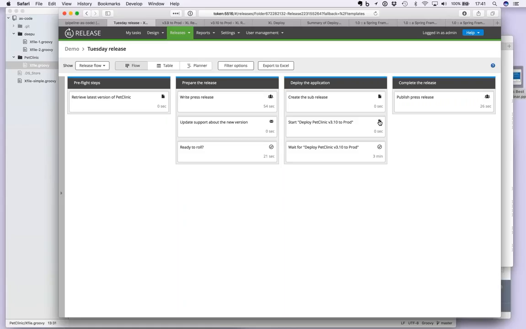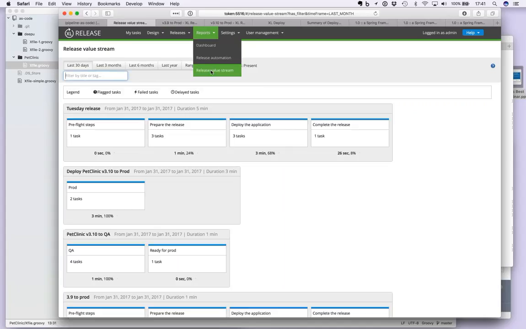And of course, along the process, we're thinking about continuous improvement, right? So we're looking at ways that we can understand our DevOps process as we're scaling it to see, are we getting better and where are our bottlenecks? Yeah, and this allows us to see that. So here we can see all the different releases that we just saw. So there's the first one, the one that happened on every commit, the Petclinic 310 to QA one, which is mostly automated. But then we see this one, that's actually the big one, the choose the release one,